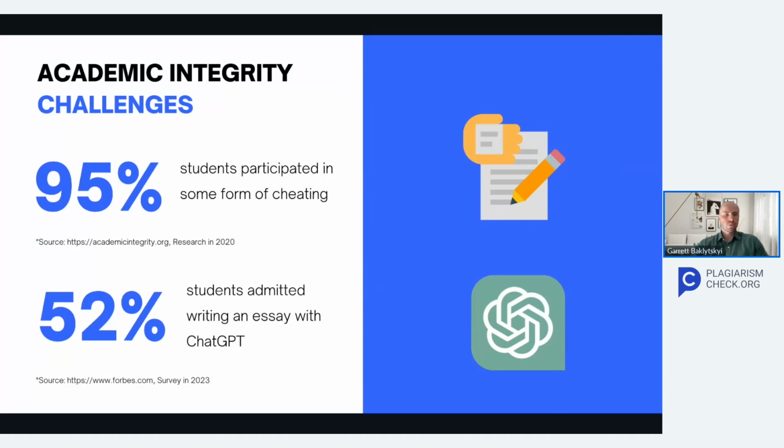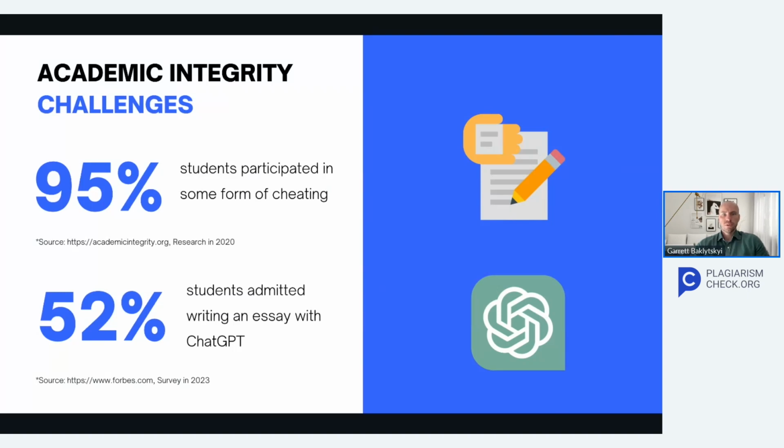In 2022, there was a survey that showed that 95% of students who participated admitted that they participated in some form of cheating. It doesn't necessarily mean that they cheated themselves. They could help someone else to cheat. But at the end of the day, this number is high enough to be a concern. It was mostly about plagiarism and contract cheating as the main ways students cheated in assignments.